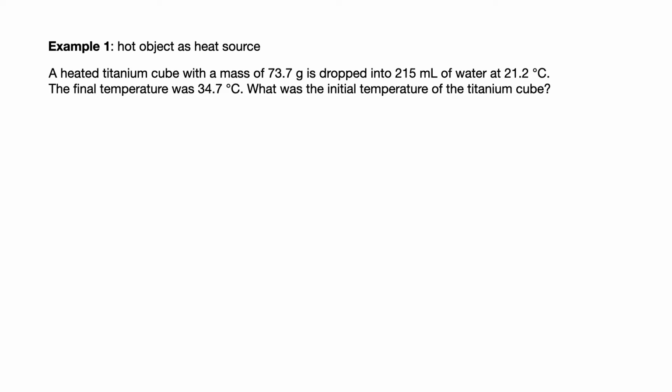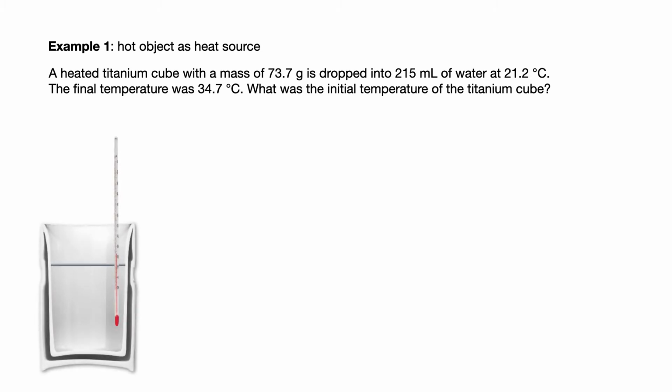The final temperature was 34.7 degrees Celsius. What was the initial temperature of the titanium cube? So the idea here is that we've got a calorimeter, some insulated container that contains 215 milliliters of water, and we've got a thermometer in there. The water has an initial temperature of 21.2 degrees Celsius, and then we drop in a hot cube of titanium,